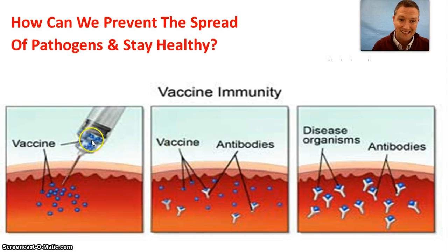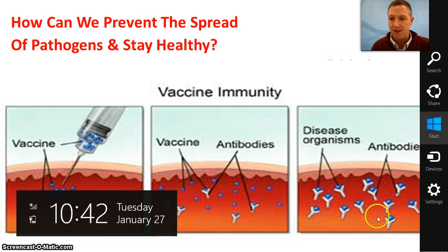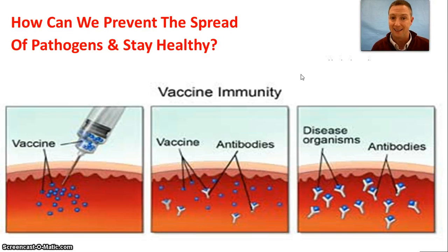So here's my dead virus, my dead bacteria. I inject it underneath the skin. My immune system makes antibodies to battle this dead virus, even though it doesn't really need battling. Your immune system doesn't know it's dead. It's just like, I see something different. Attack. Boom. It saves the playbook. It saves the game plan for how to make those antibodies to battle the pathogens so that when the real disease comes in next time, I already have a defense mounted against it.